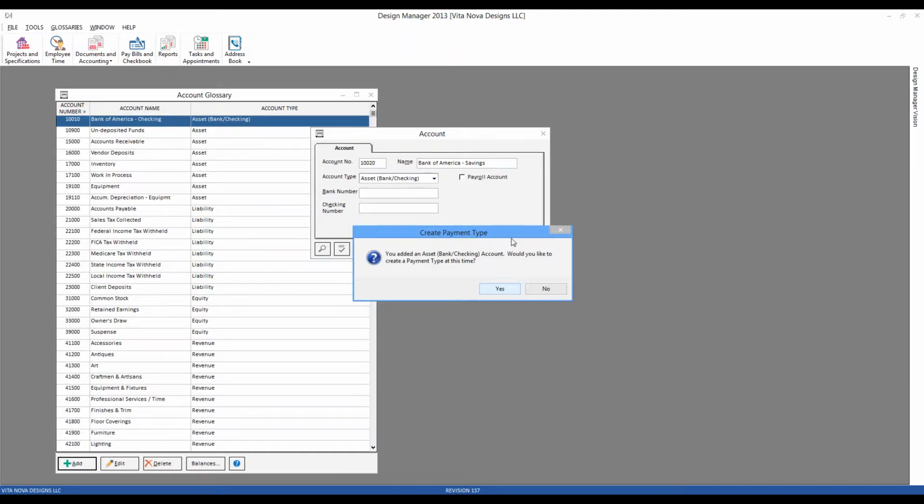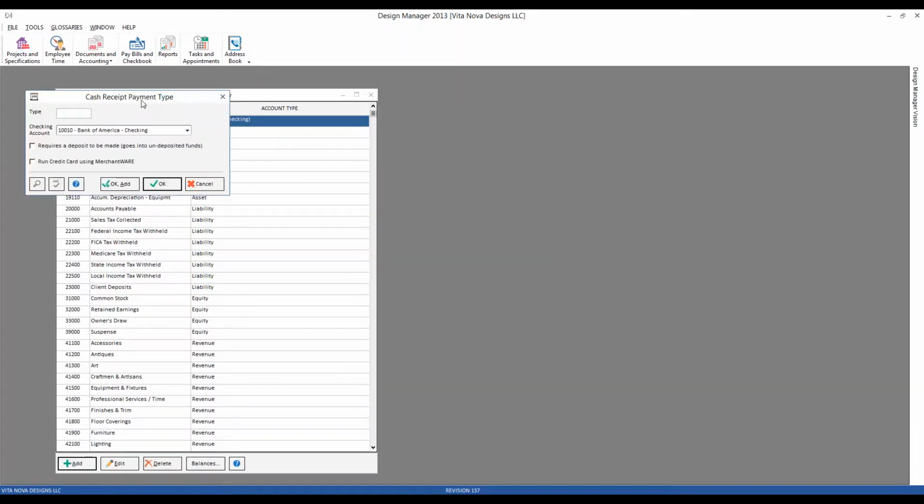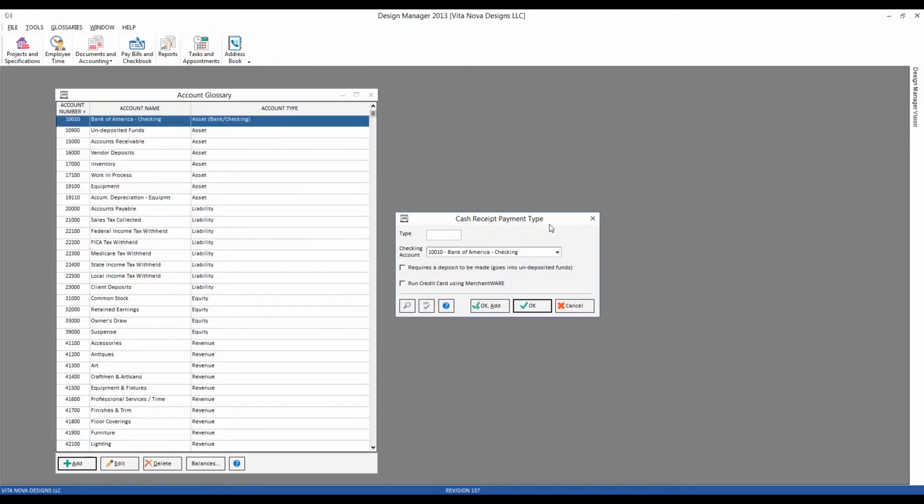Design Manager conveniently asks us to create what we call a payment type. This is a designation when we're entering in our receipts from our clients that allows us to easily direct funds into this particular account. So we might as well go ahead and make one by clicking yes. And that brings up our cash receipt payment type window, where I could type in something very easy like savings. So I can just select my savings payment type, and Design Manager will automatically know that those funds go into